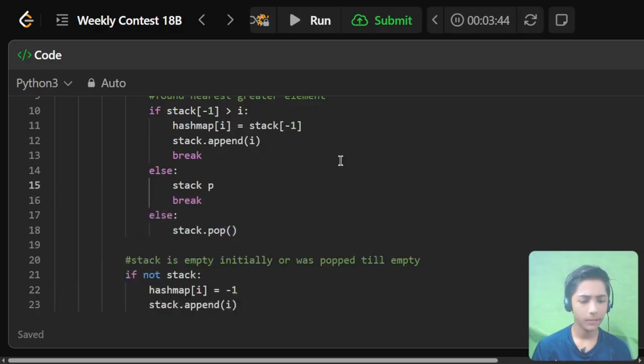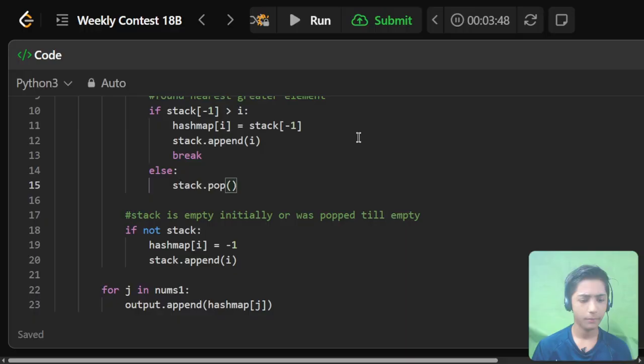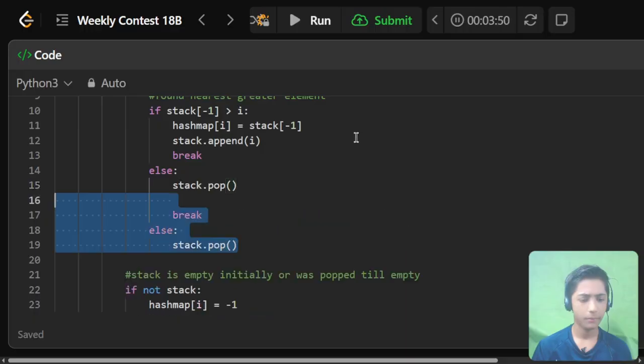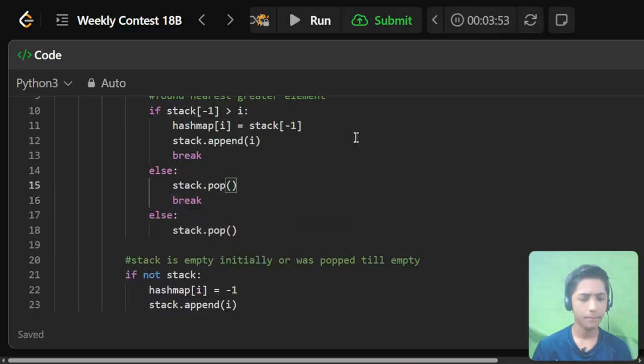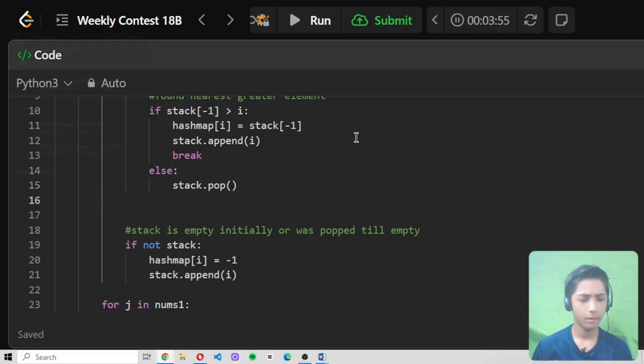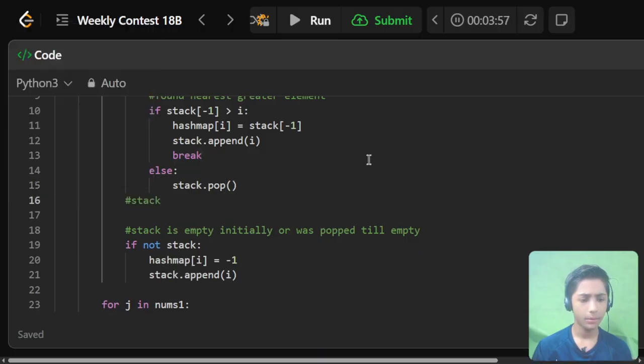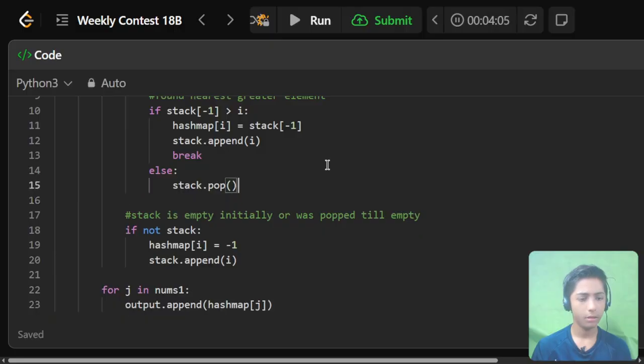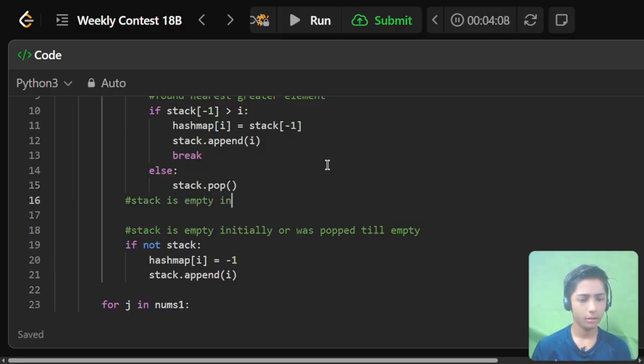Okay, what am I doing? Why is it not coming?